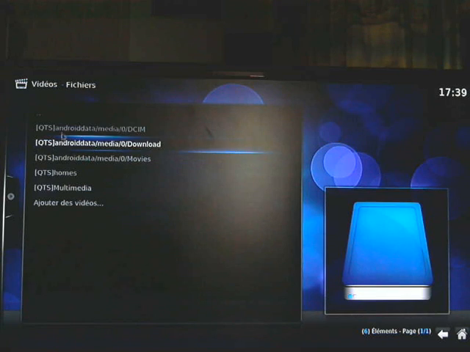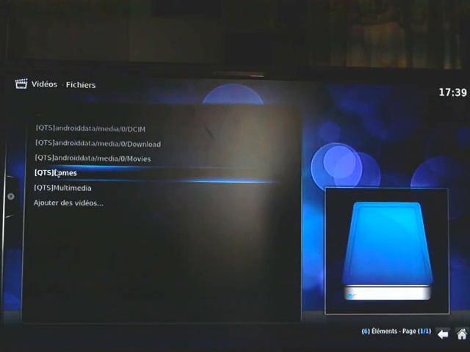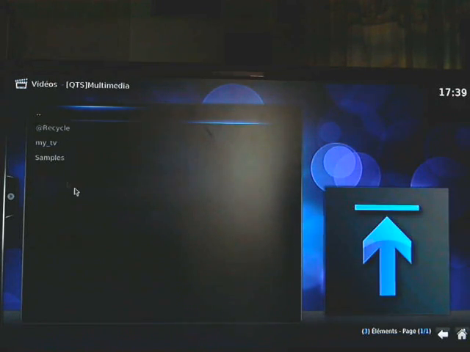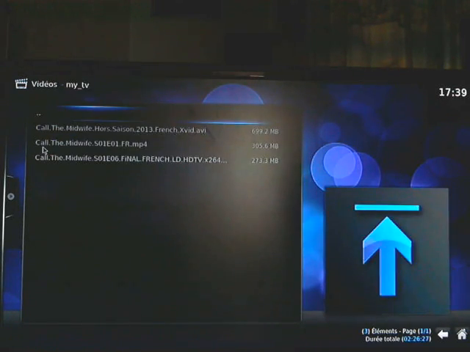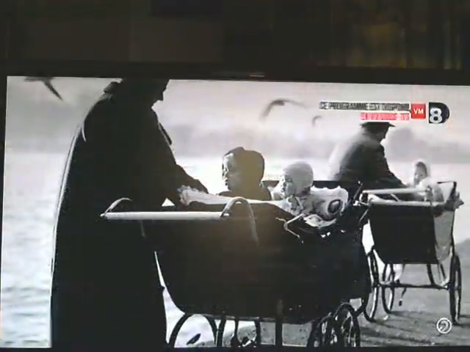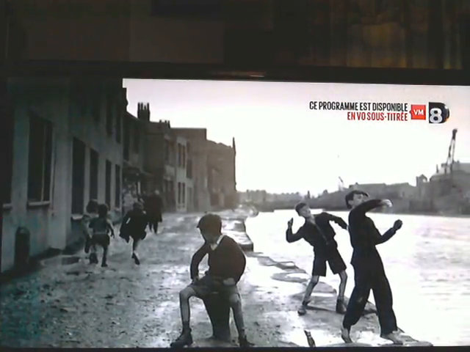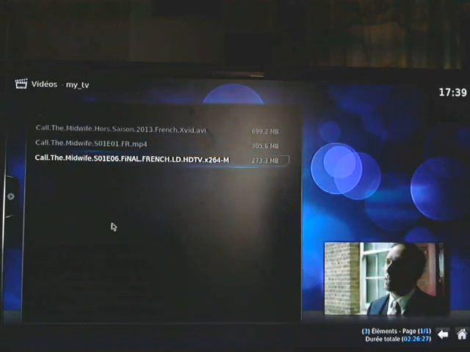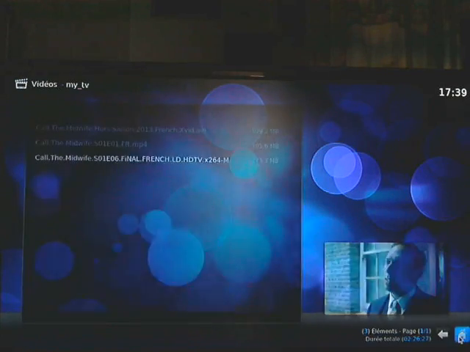So how I can play a video, it's like that. You can see the QTS, to see that it's the folder managed by the NAS part. I go in my TV. And I play my video with the video acceleration coming from the system.